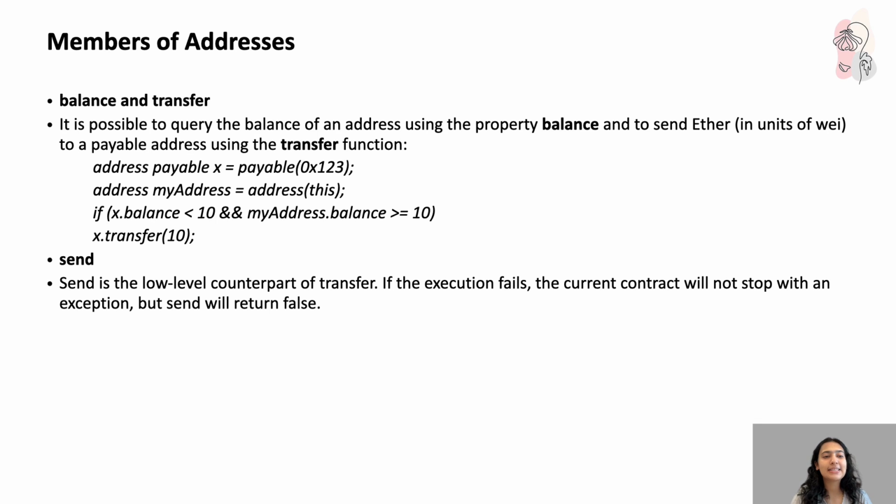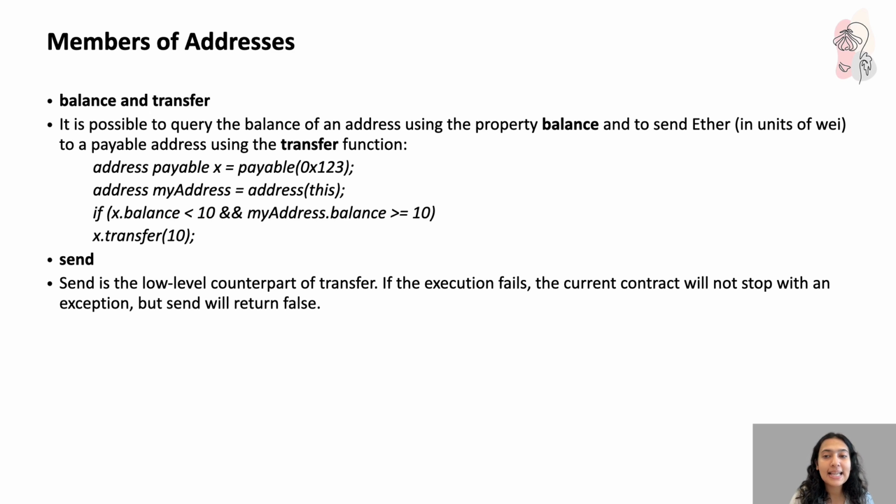So coming to balance, transfer and send. In the code that you can see here, address payable x = payable(0x123). We first define x as a payable address, meaning we can now safely send Ether to it. Then we define myAddress, which is the address of the current contract, using address(this). Okay, when you mention this, it's the current contract, right? Now this simple conditional statement checks